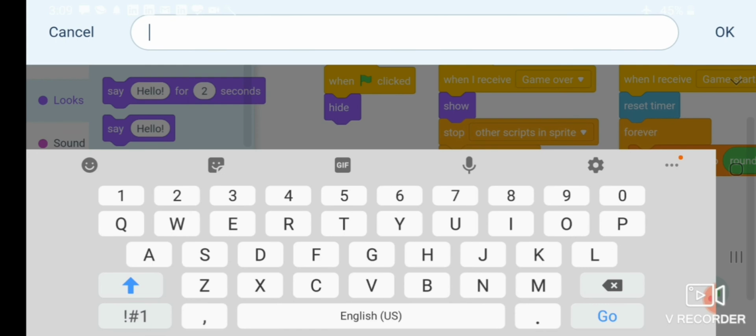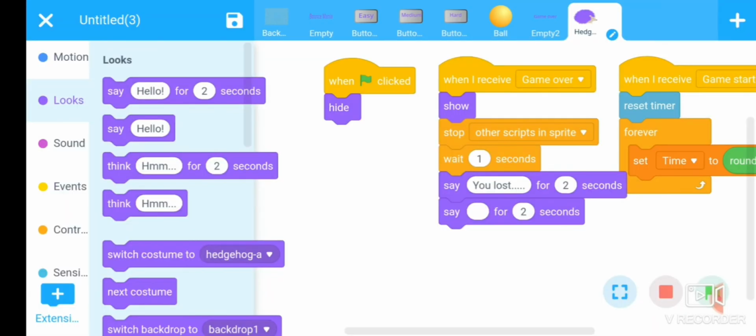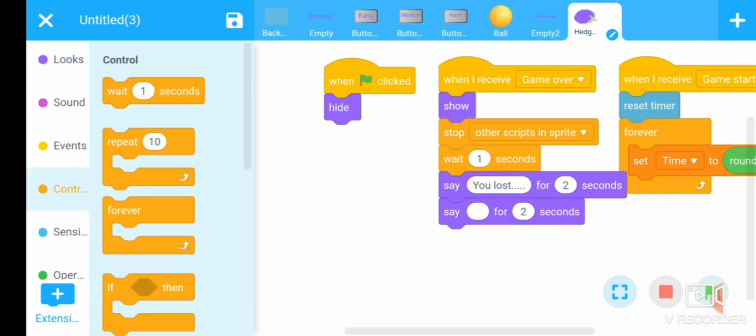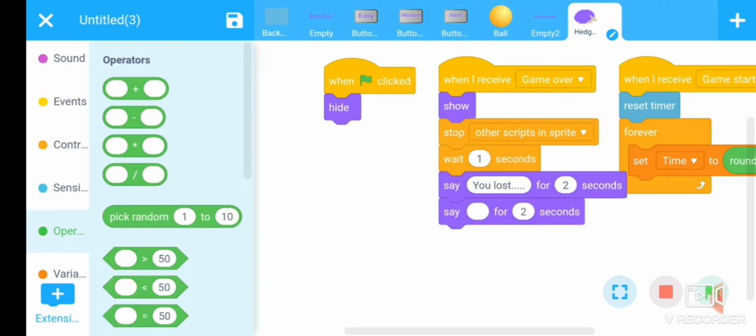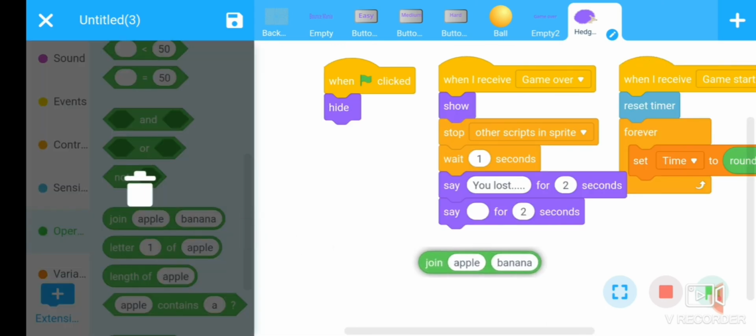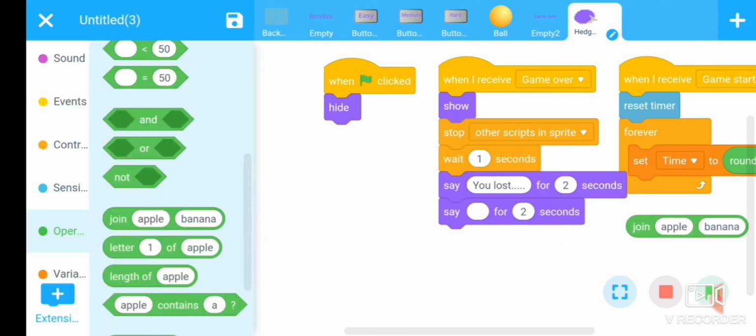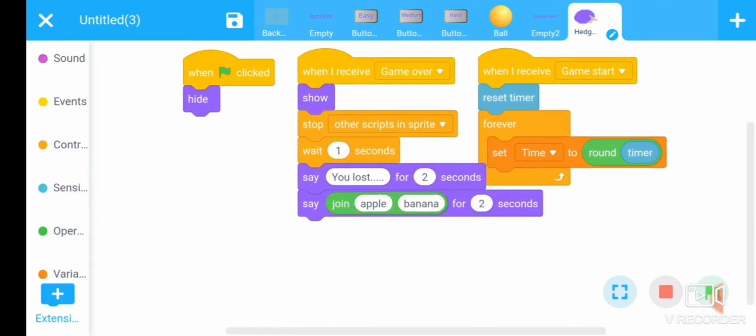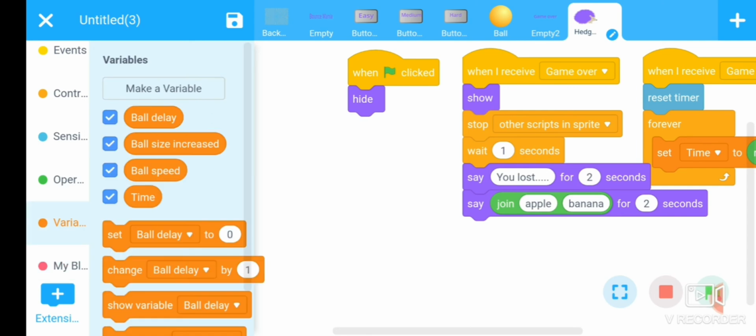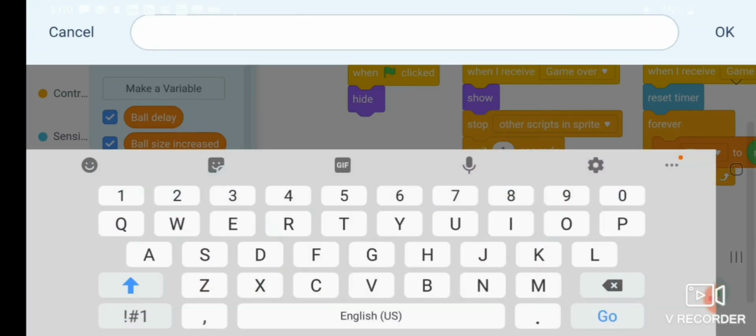For this, use a join command that is present in the operator section. Put this inside here. We want to join the timer with the text: timer variable in seconds.